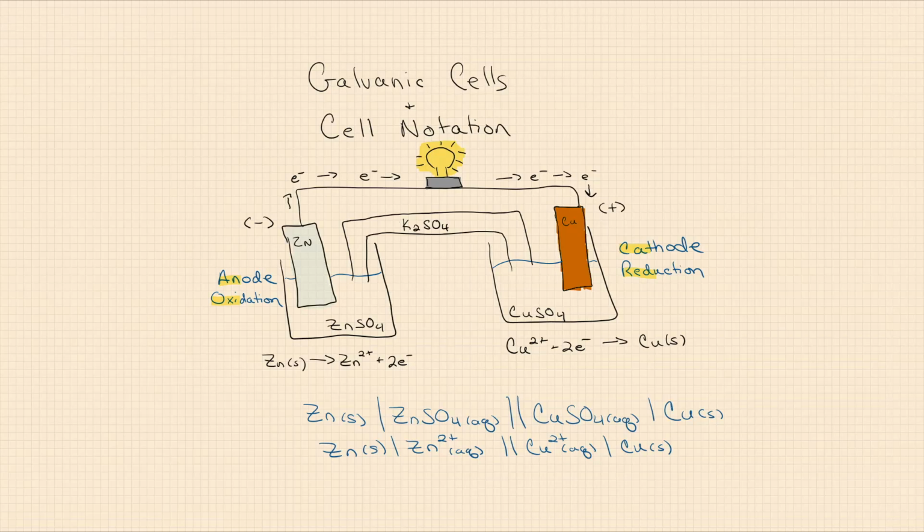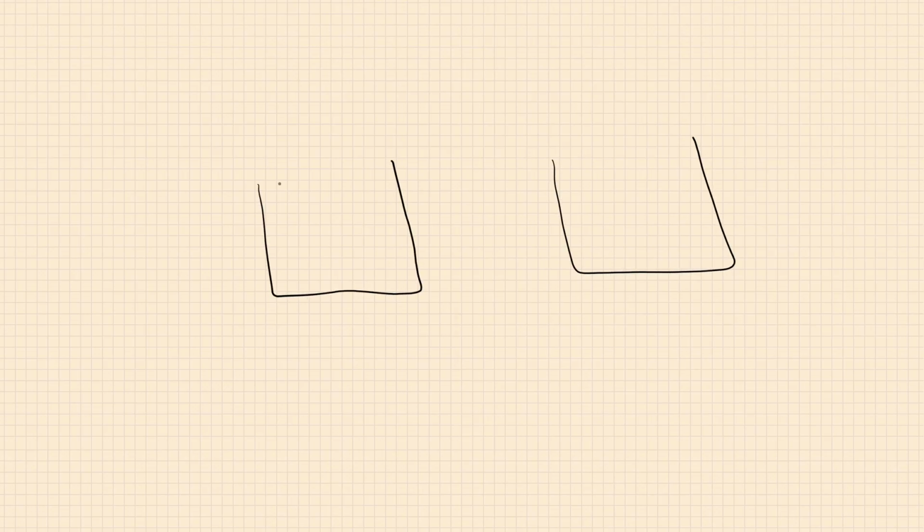What is a galvanic cell, and how do we use cell notation to describe them? A galvanic cell is one where a redox reaction is split between two half cells and can be used to power a circuit. So let's consider this situation where we have two half cells, and in one cell we have